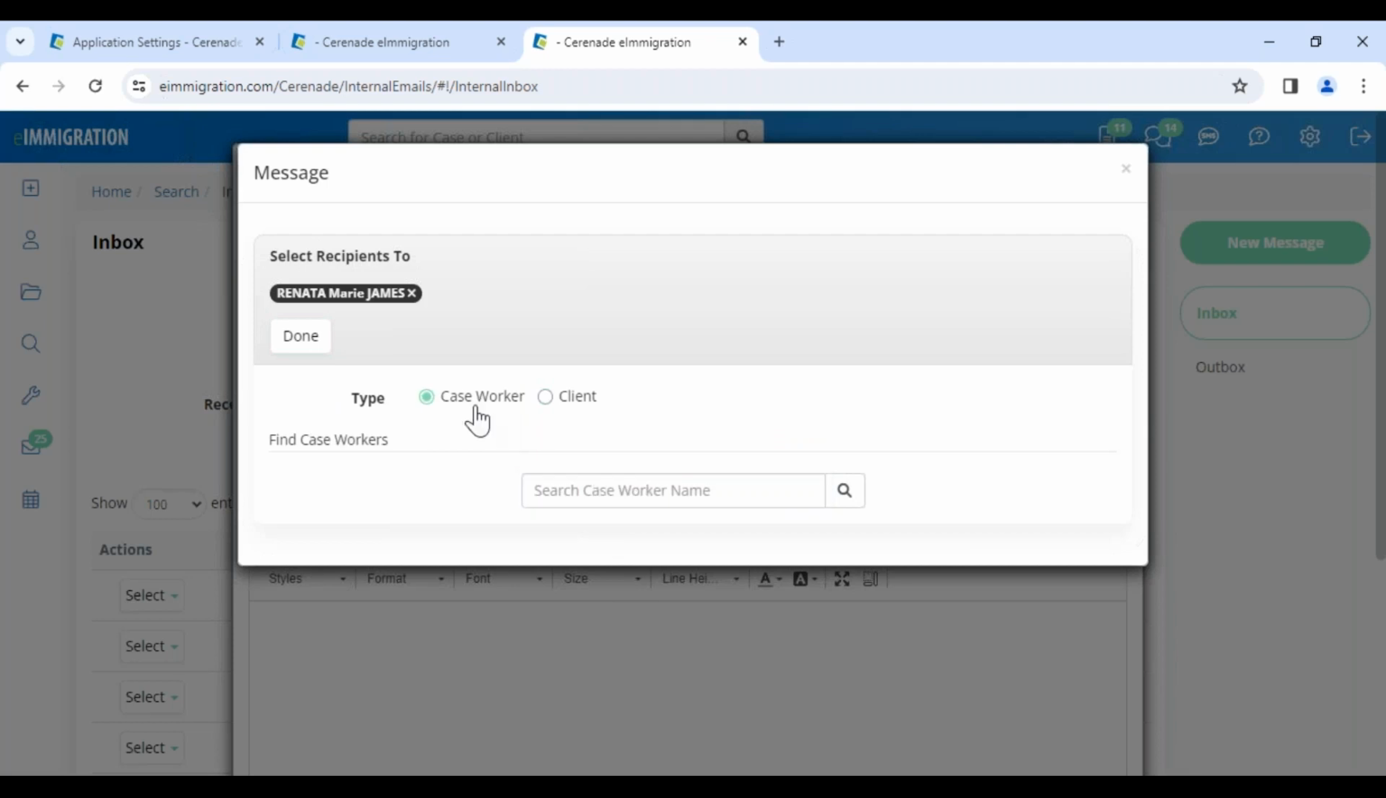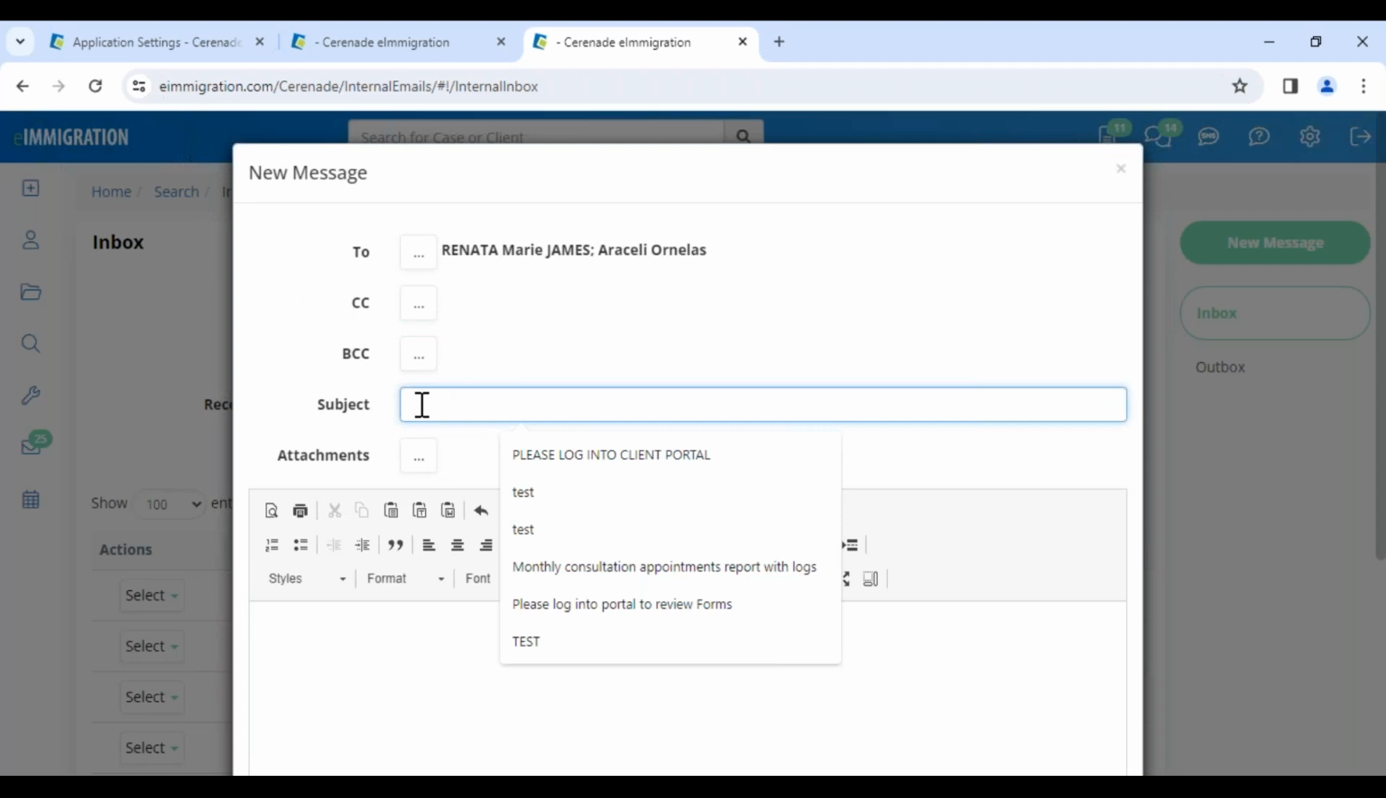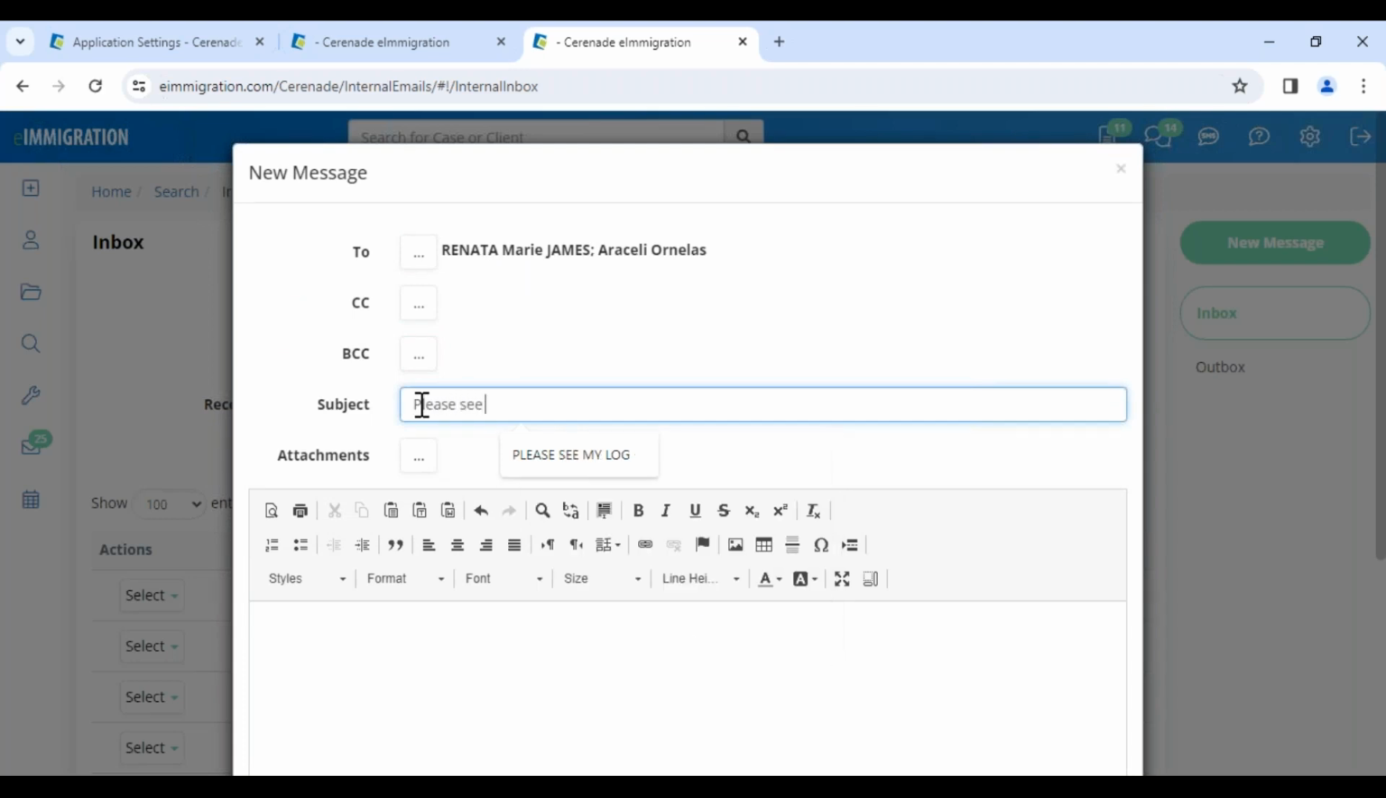All right, so I will send a new message and my client name is Renata Marie. I do want to message also a caseworker. So you're gonna search and select, click done. And now that I have both of them, I can enter my subject. Please see, I don't know, please submit maybe passport